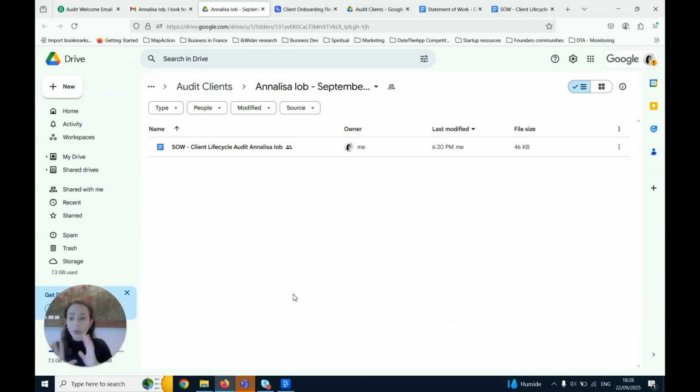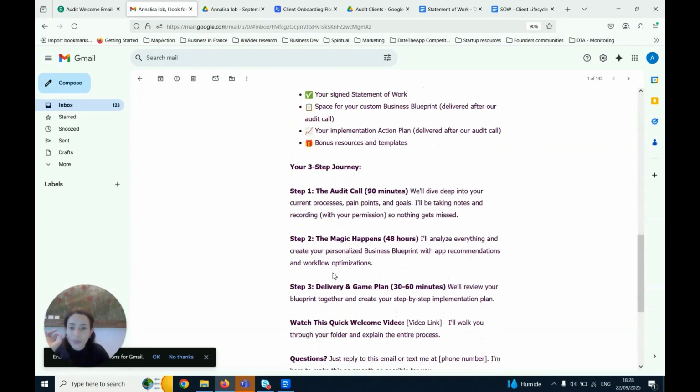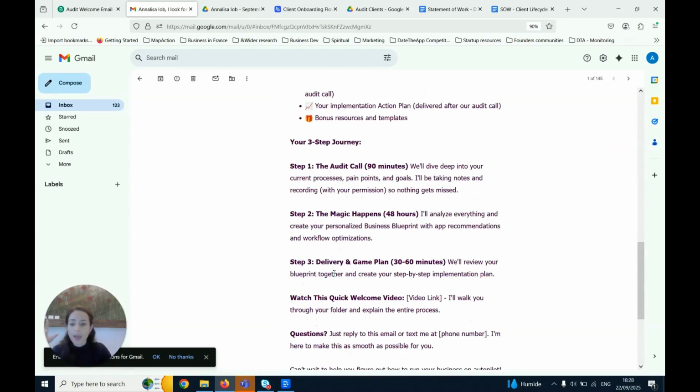Their folder is created with their name. The statement of work is created with all of their details. Five minutes after they paid, more or less, probably six or seven, because there's also a few minutes for the Relay app to run its workflow. But five to seven minutes after they paid, they are receiving this lovely email that says, welcome, I'm excited to